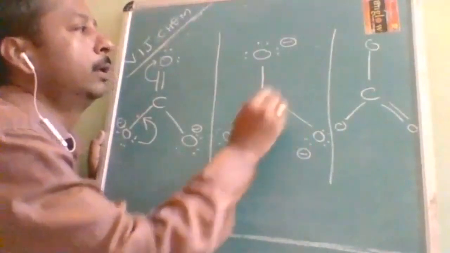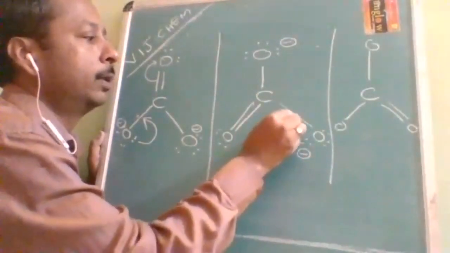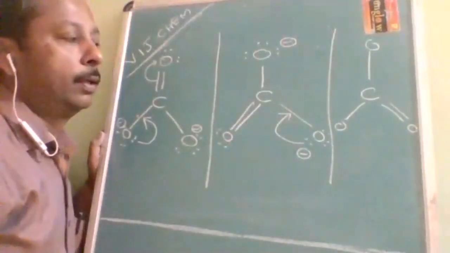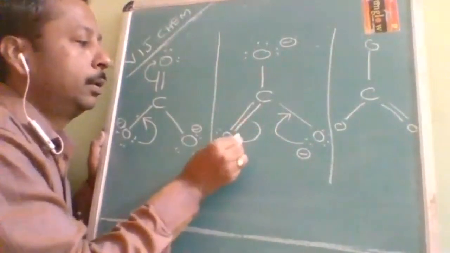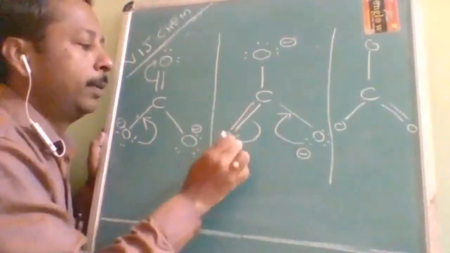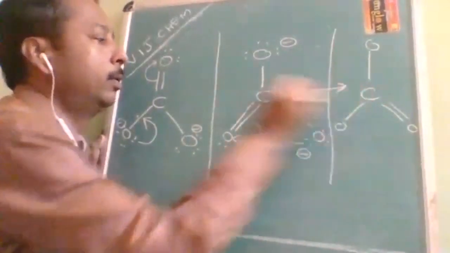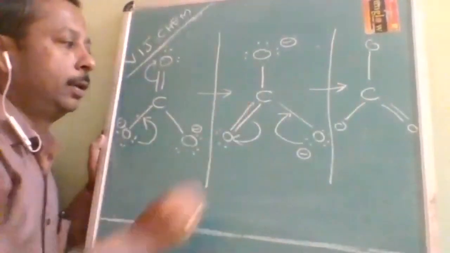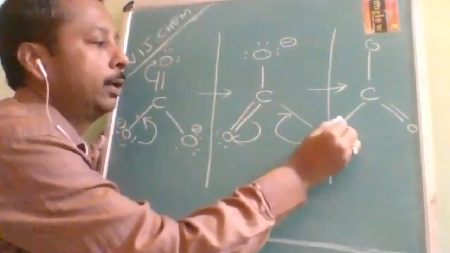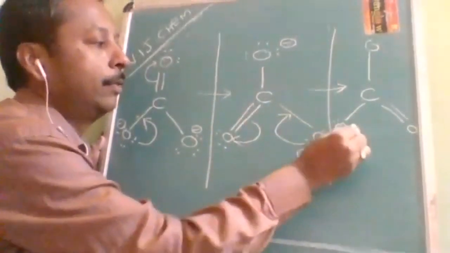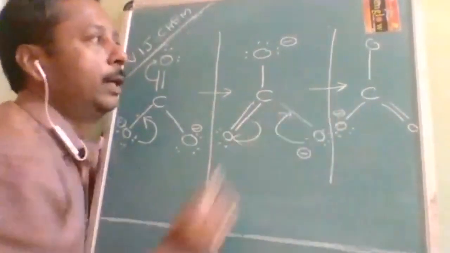Now let us come to this one. Here, to draw this one, what do we have to do? We have to convert this bond pair to a lone pair, then this lone pair to a bond pair to a lone pair. So this is going to give you from here to here, from here to here. Here the double bond is converted to a single bond. So immediately how many lone pairs will it get? It will get three lone pairs, with negative charge.